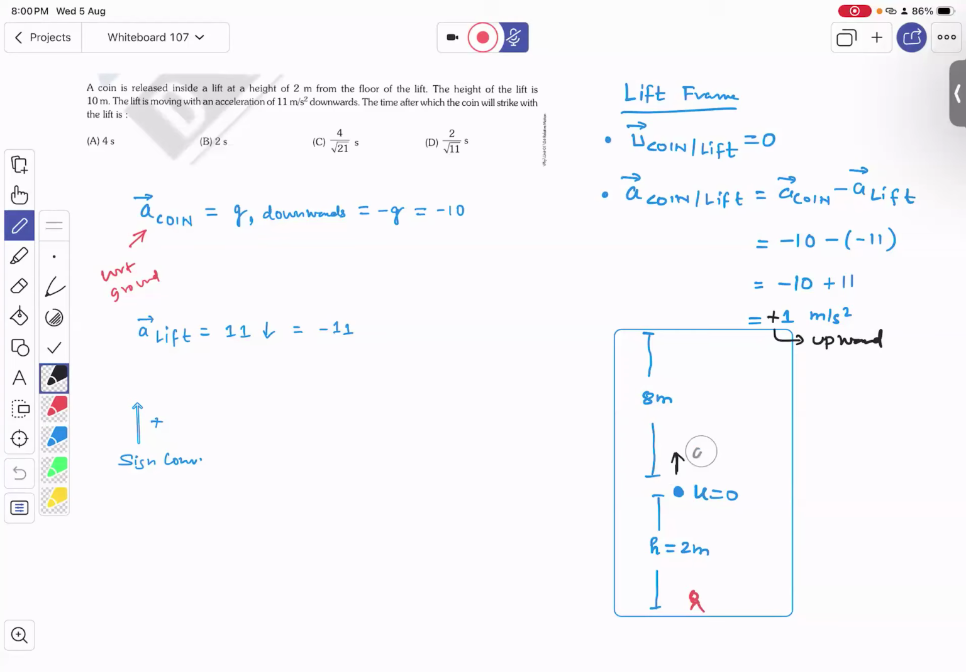The place, the location where it will be hitting the lift, will not be the floor